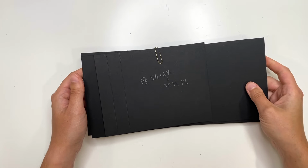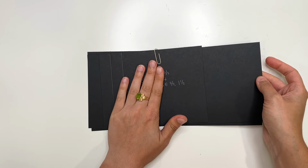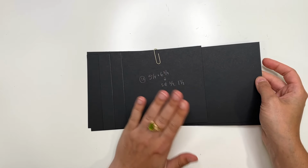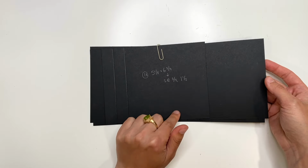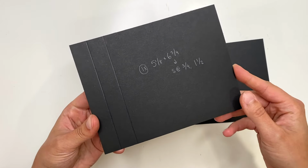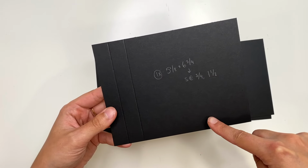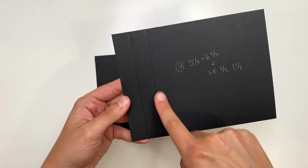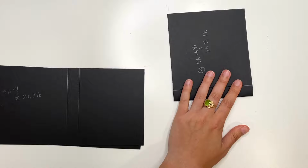So first thing, this is some heavyweight cardstock. Start off with heavyweight cardstock. This is 110 pound. You want heavyweight for the base of your album. The inside, I'm going to be doing 65 pound, but the outside and another piece, I'm going to be doing 110 pound cardstock. So the first piece that you need that we're actually going to put aside measures 6 3/4 by 5 1/8, and then on the 6 3/4 inch side, you're going to score at 3/4 of an inch and 1 1/2. All right, I'm just going to go ahead and burnish that, but I'm going to put this aside